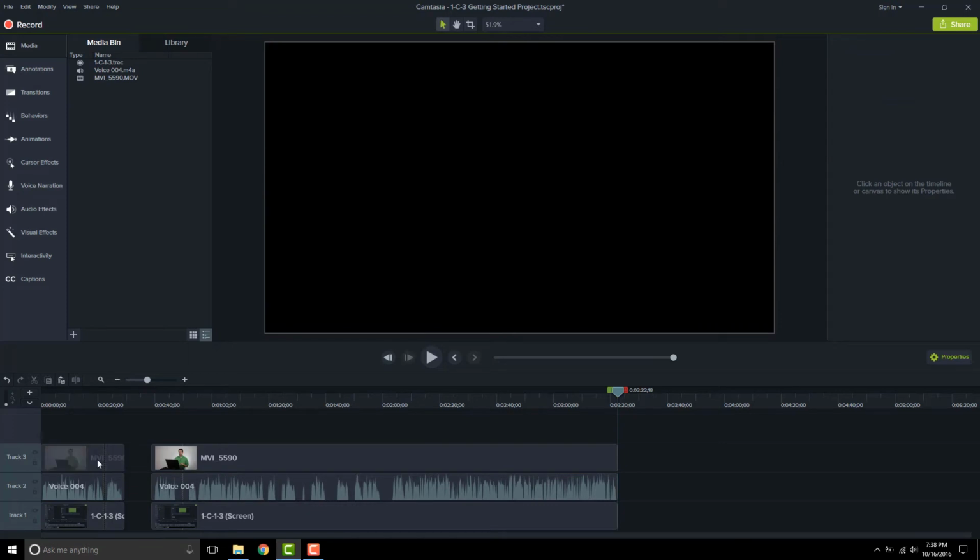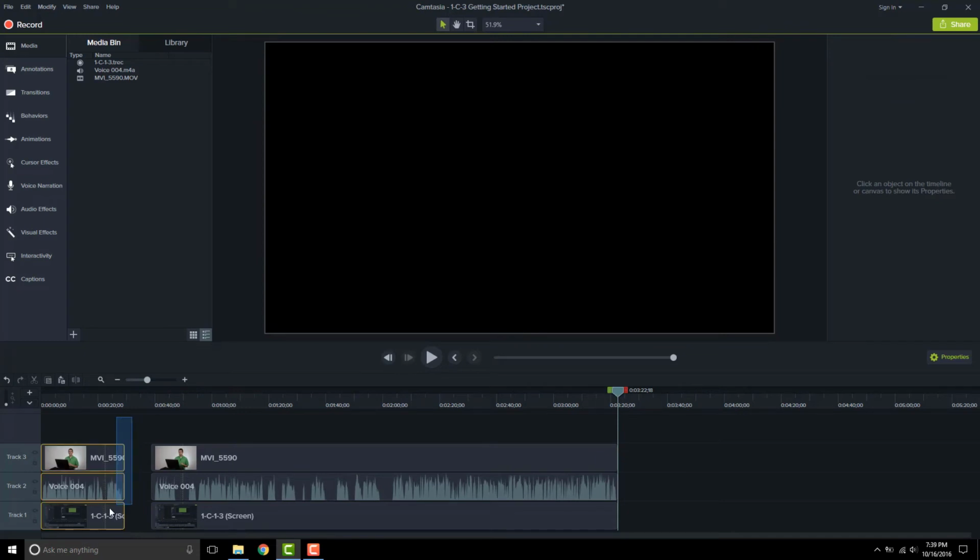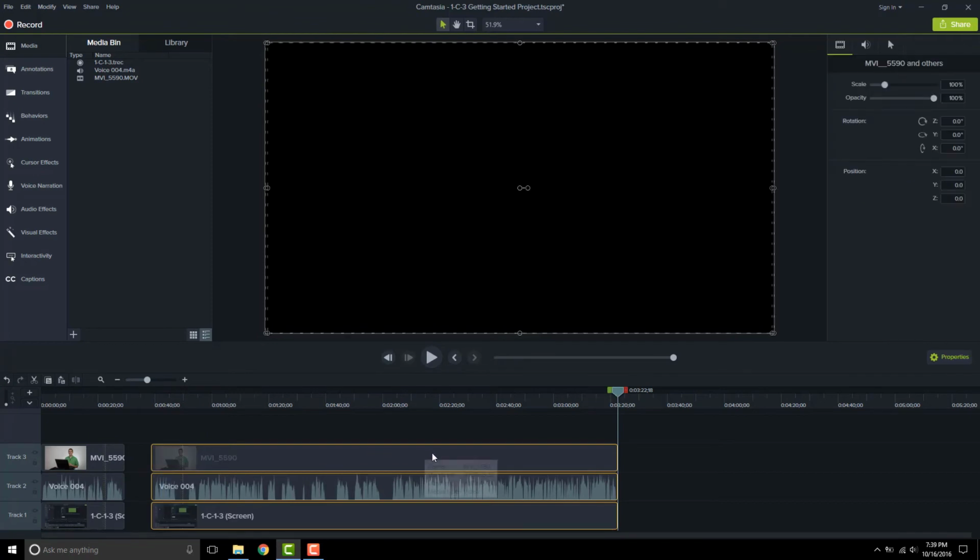Instead of the Control key, you could use Shift, so I can say I want this one, I'll hold down Shift and click on this one, now I just have those 2, and maybe I want that. So using Shift will also allow me to grab those clips and do whatever I need to those clips. So I'll often grab clips when I need to move them all at once. So in this case, I saw there's this gap here. I don't want that gap. I'll grab all 3 of these and slide this over.